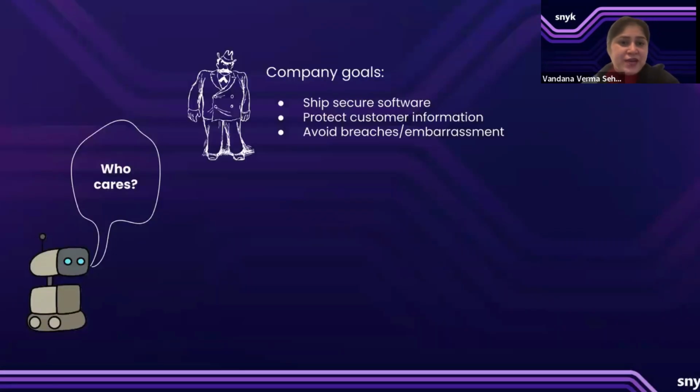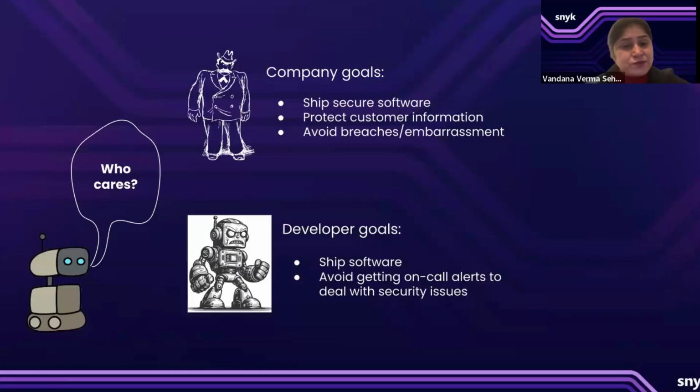Now, why do we even care about it? And especially for organizations, why do they even care when we talk about application security? What's the goal? They want to make sure that they are shipping secure software to their clients, to their partners, to their users. At the same time, while they use the secure software, they want to make sure that the customer information or our information is not going out. Nobody is checking the information, whether it's our email address, username, phone numbers, or anything. We also want to make sure that we are not involved in any kind of breach, because when it comes to a breach, it's not just about money, it's about reputation, it's about embarrassment, and what not. So there are so many factors associated with it.